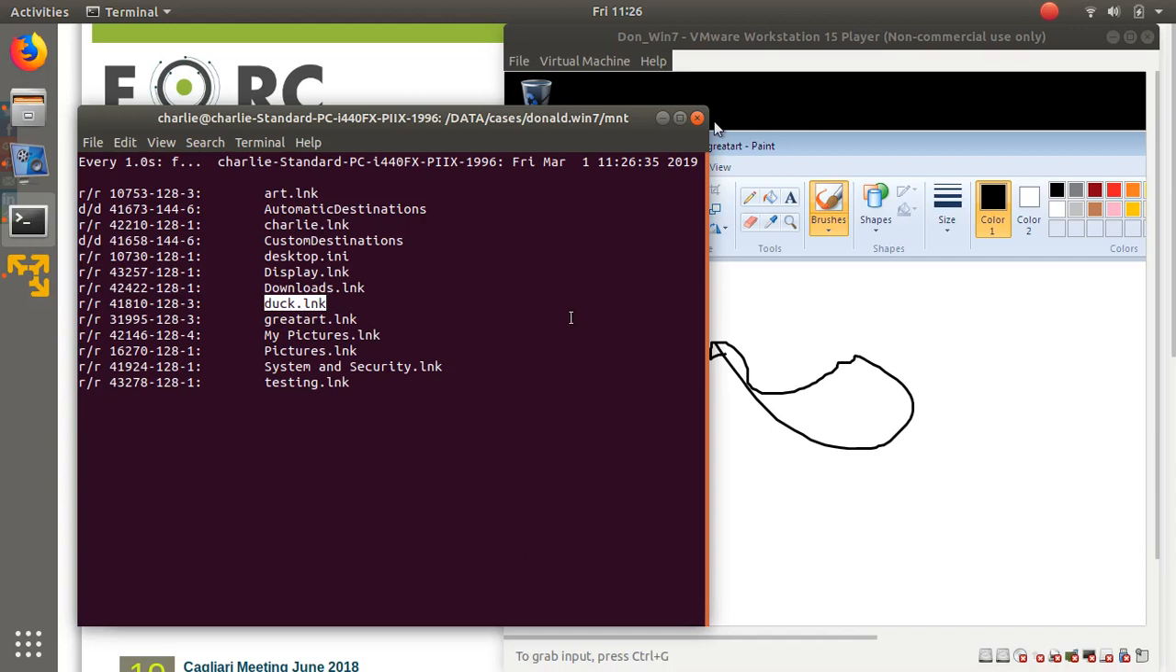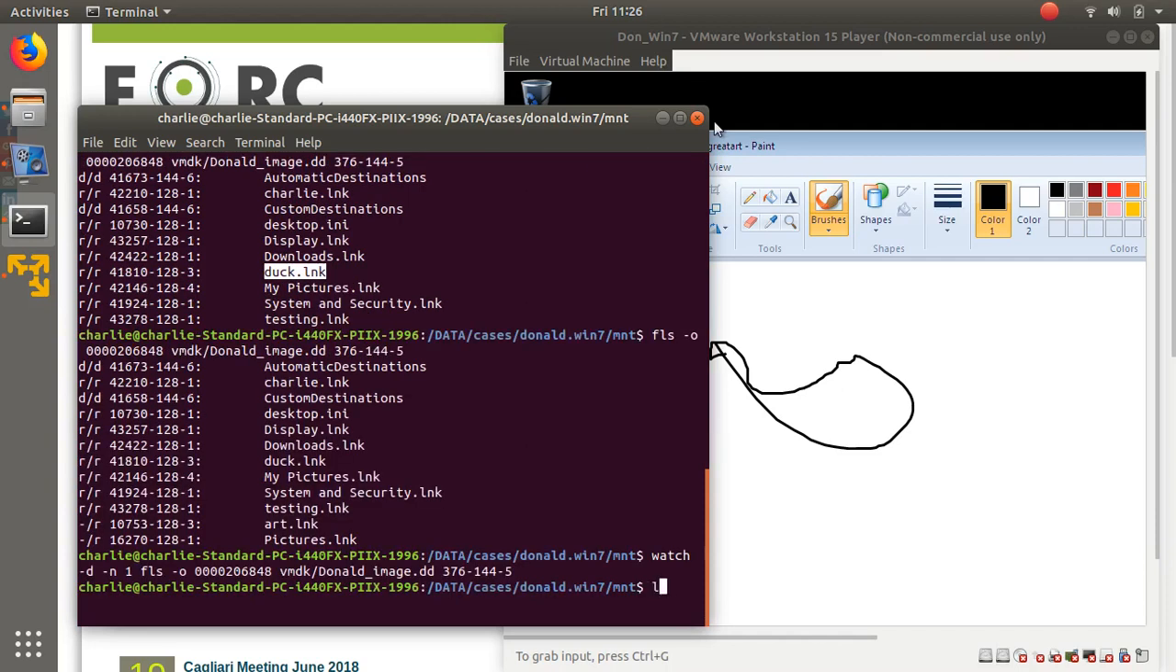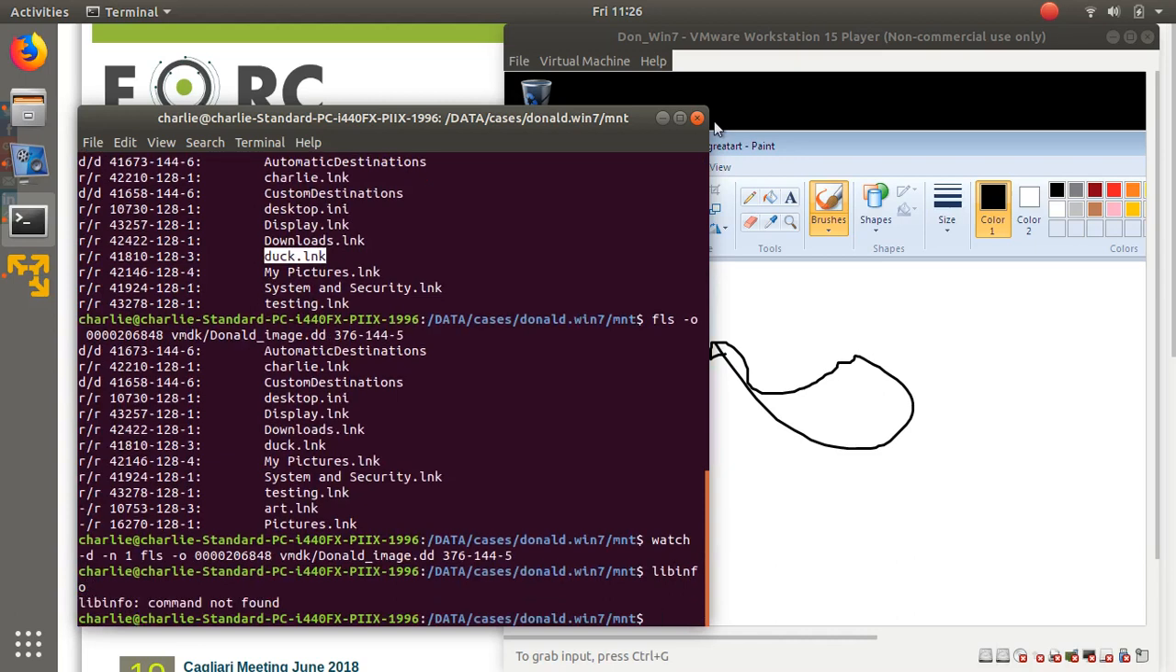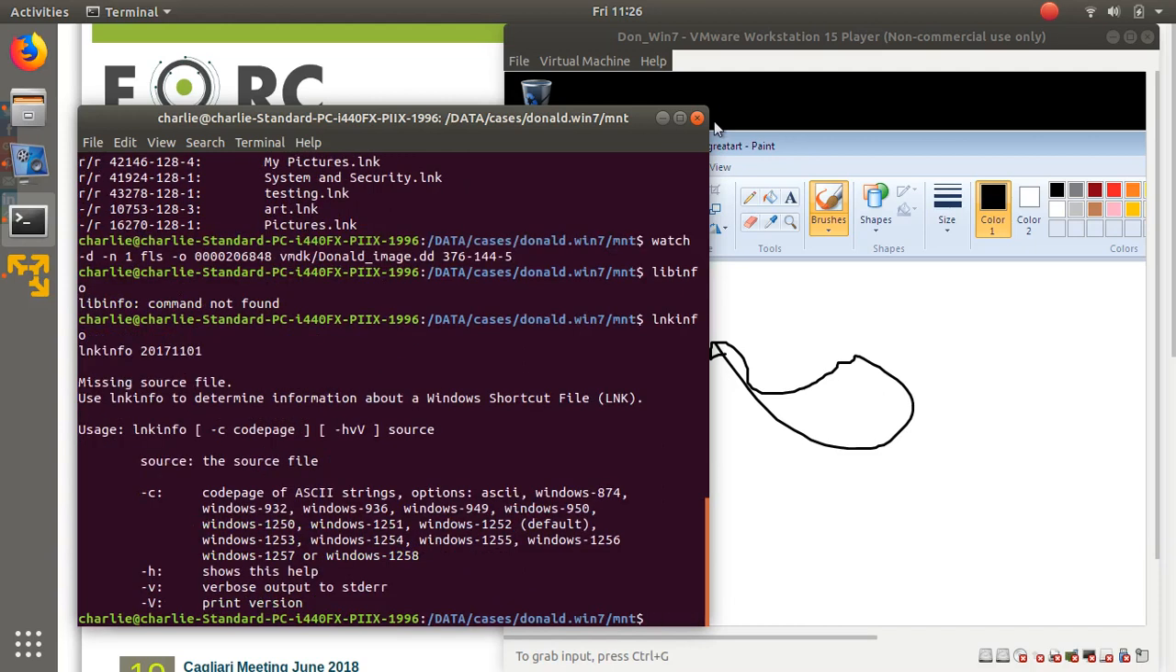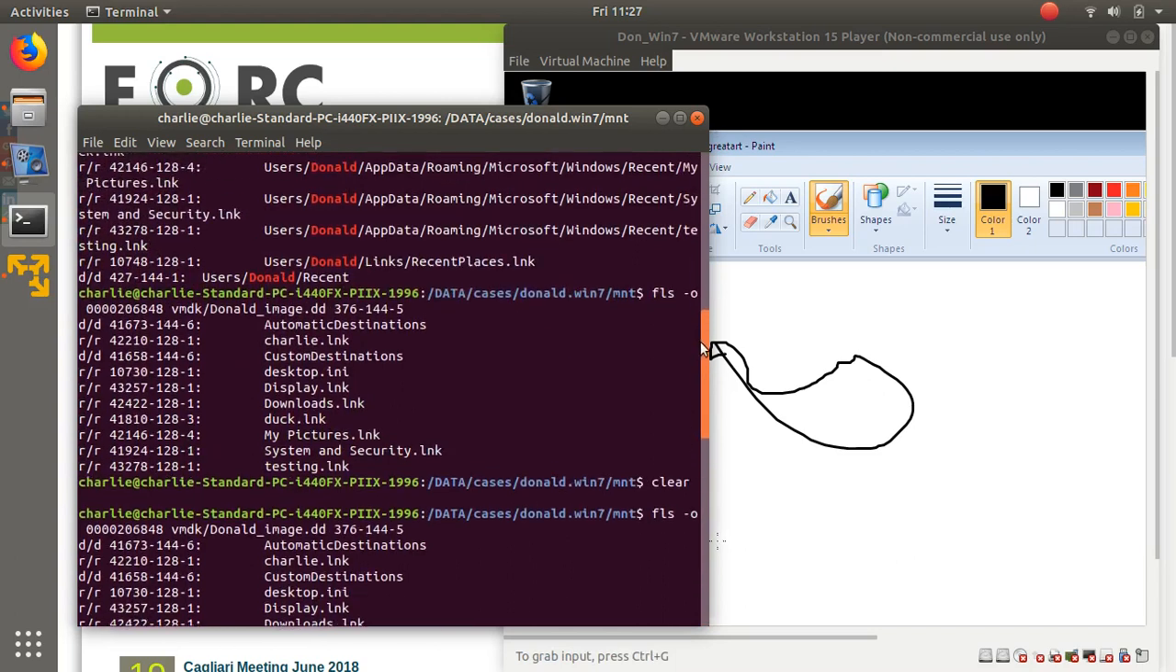I could also use a parser. There is a parser. It's called liblink, libinfo. So if you type libinfo, it'll parse. Oh yes. So okay, it's not actually, oh, what was it called? Link info. Okay, and it'll parse these files. I might as well just parse that one there. Let's have a quick look and see if we can find the